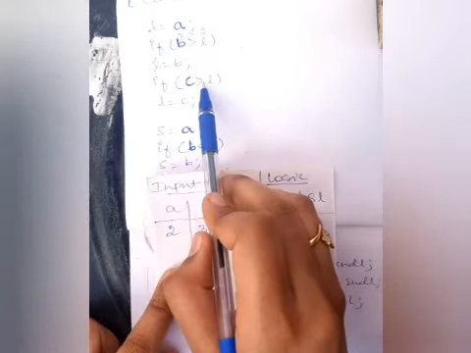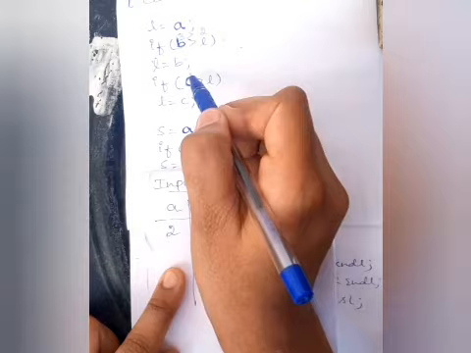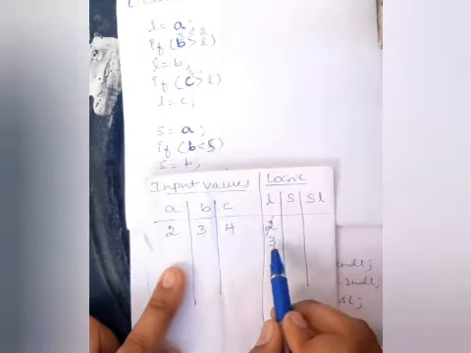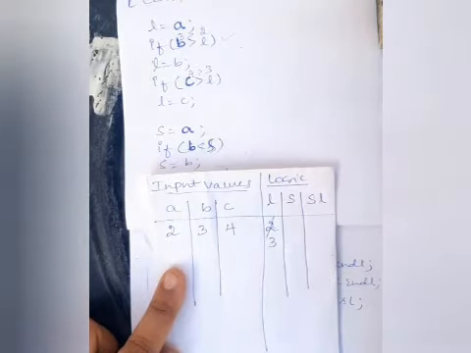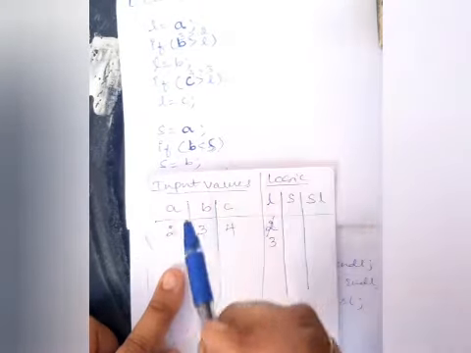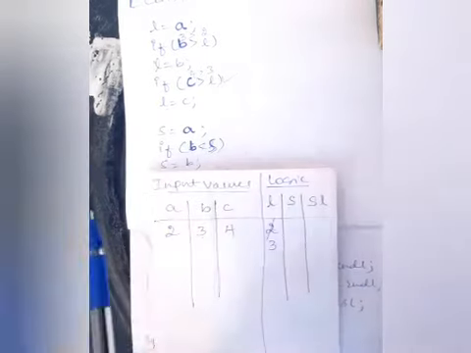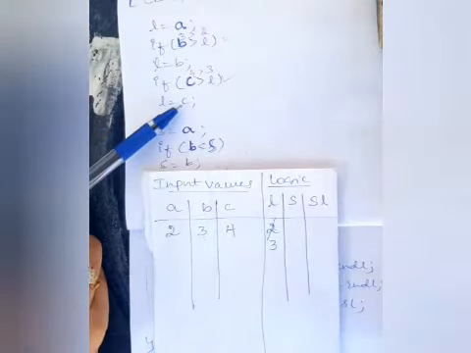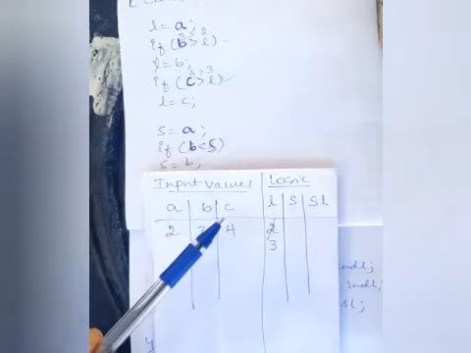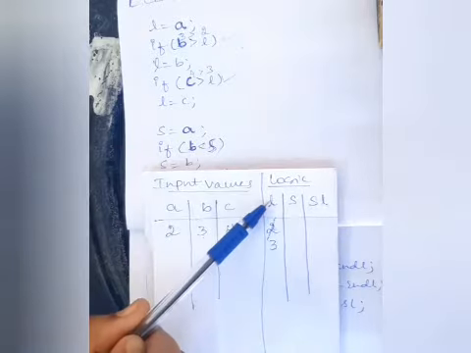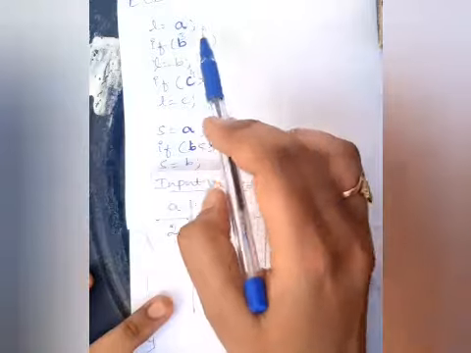Okay, now again check out the next condition. If C is greater than L, what is C? C is 4. Is 4 greater than, check out the L value, that is 3. So 4 is greater than 3. Condition is again true. So if the condition is true, it will execute the next statement. What is there in the next statement? That is L equals C. That is, we are assigning C value to the L. What is there in the C value? That is 4. Now L becomes 4.